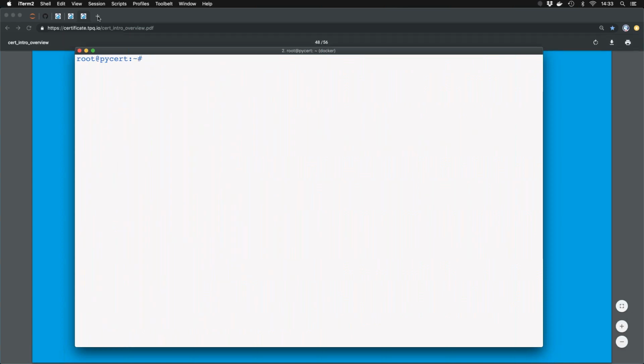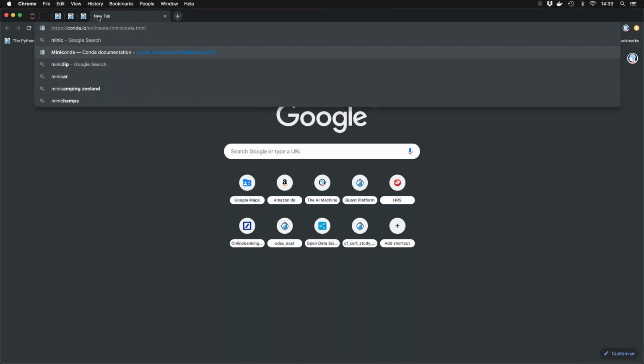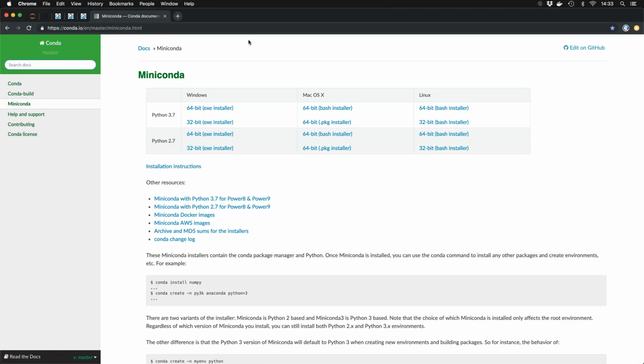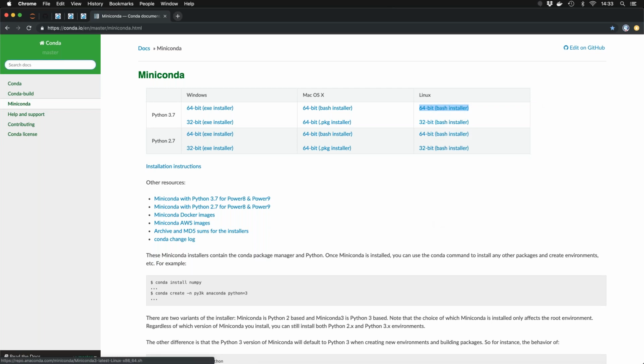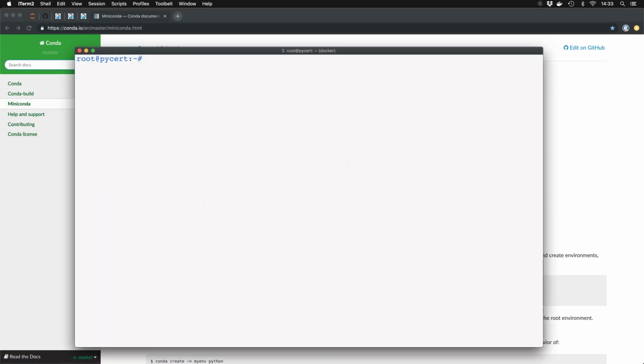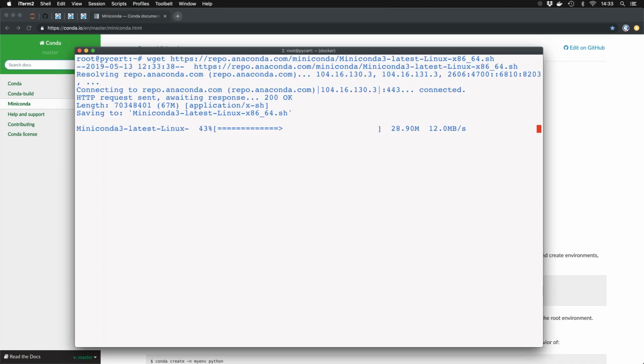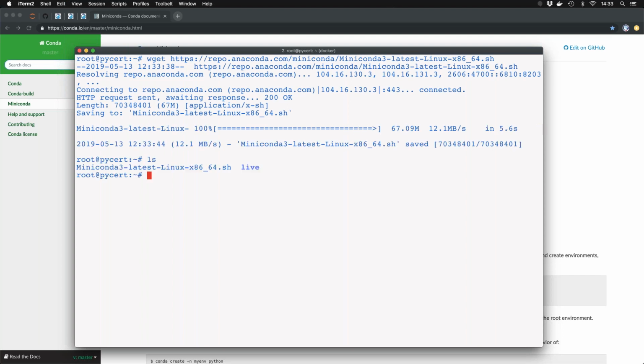Now, I want to install Python. And what we in general use and recommend is the Miniconda installer. And there is this one landing page which provides me with the 64-bit Linux installer. So I'm here on a Mac OS X machine, but running in Ubuntu. I need to copy the Linux installer, and now I retrieve the Linux installer. This is, I don't know, some 50, 60 megs worth of data. I have retrieved it. I have it now in my root folder, and I can execute this now and install